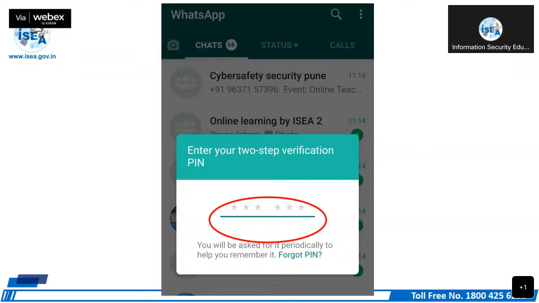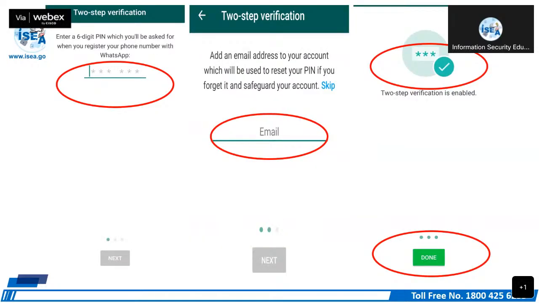So this is the security option. Through this, if you don't want to share your WhatsApp with family members and friends, you can lock it, and otherwise you can leave it open. This is up to you. Two-step verification is a security feature. Profile picture, status, and groups are the privacy options. These are the security and privacy options provided by WhatsApp.